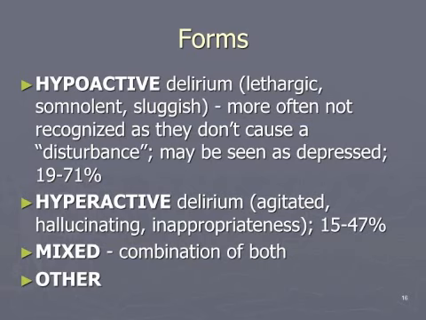In overall cases of delirium in older persons, the prevalence of this type is from about 20% to about 70%, usually a third to half in most studies. The ones that are picked up are the hyperactive delirium. They're agitated, they hallucinate, they're inappropriate. And then there could be mixed, where they would have a combination of the two. And finally, as I mentioned, there could be the other form, where there's really no change in their psychomotor activity.